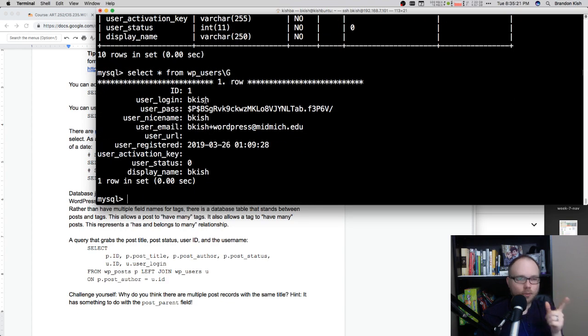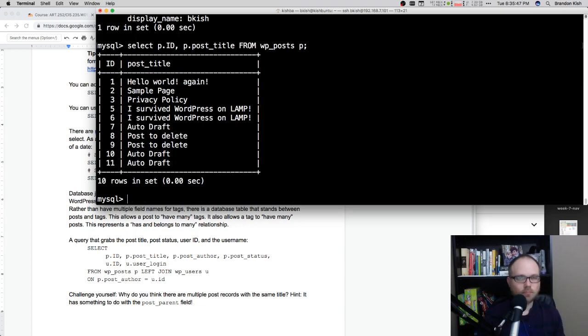So let's write that query, and then I'll explain the foreign key, primary key concept that's at play here. So let's write a select. I'm going to write a very simple select first. I'm going to write p.id, comma, p.postTitle from WP posts space p. So where did this p come from? Database administrators do not like typing the name of fields and do not like typing the name of databases and tables. We often take shortcuts.